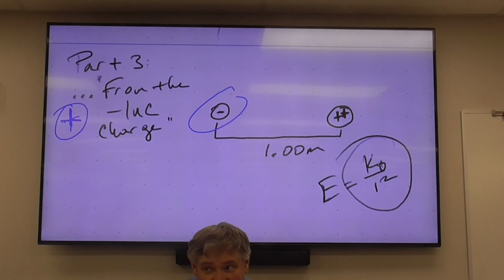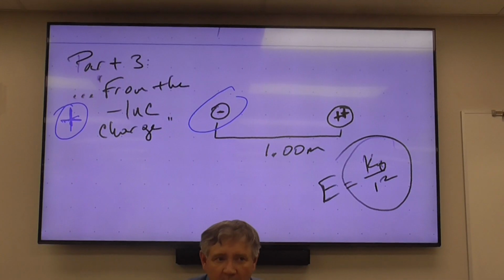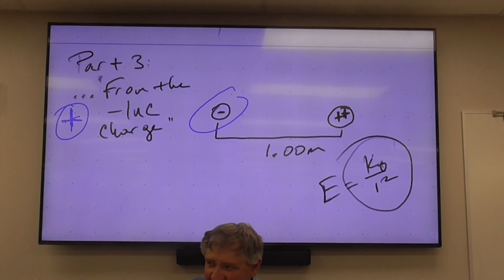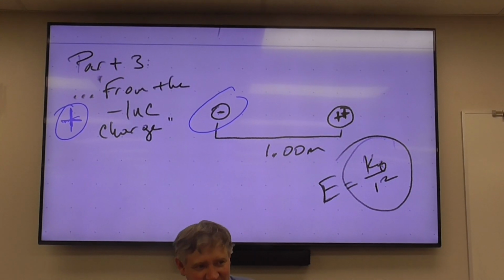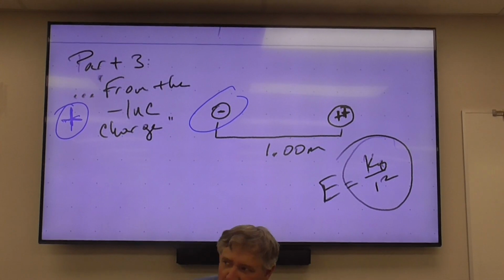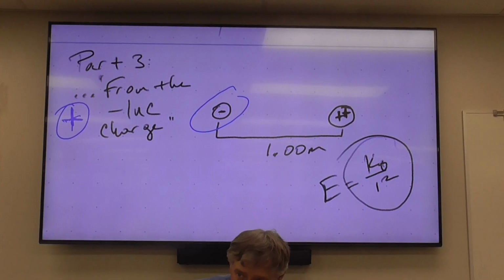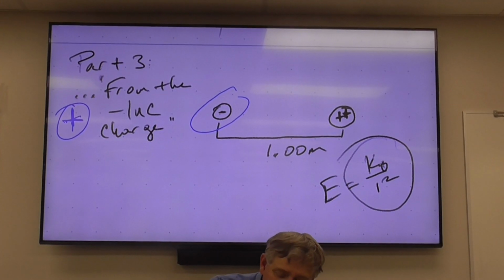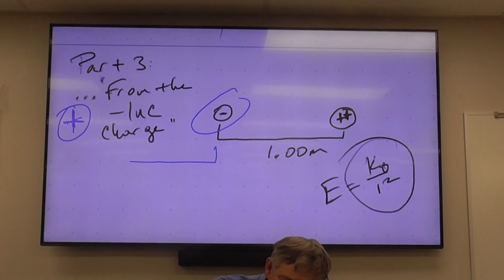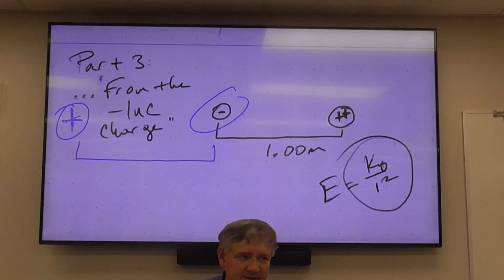That's the whole point. It's the only way they can cancel out, right? Yes. You can't have zero net electric field if there's just one of them. So what do you know about the two electric fields? They have to be equal and opposite, right? So we're going to let this distance be x, r, d, I